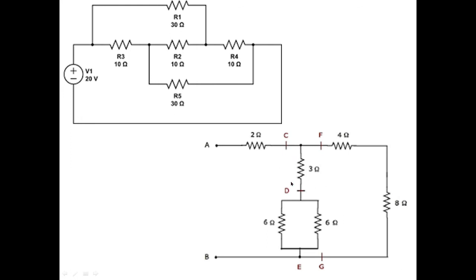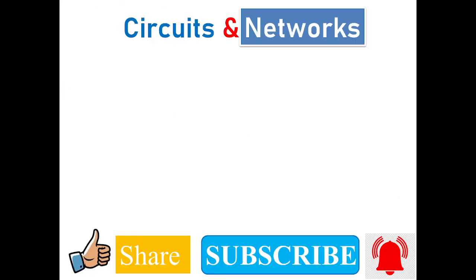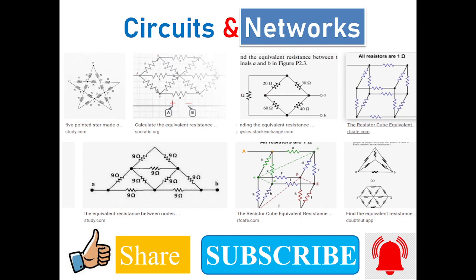Look at the bottom problem also. You have CFD as a T network. You have 2 ohms here, you have 4 ohms here, you have 3 ohms here. I cannot say whether the 2 is parallel to 3 or 3 is parallel to 4 or 4 is in series with 2. So this kind of problem can be sorted out with the help of star to delta and delta to star transformation. So in the next class, I will be dealing with star to delta and delta to star transformation. I will tell you the exact derivation, I will tell you the formula, and then we will implement those techniques to sort out these kinds of problems where you have resistors which are not arranged exactly in series or parallel. So in today's class, we have seen about the equivalent circuit.